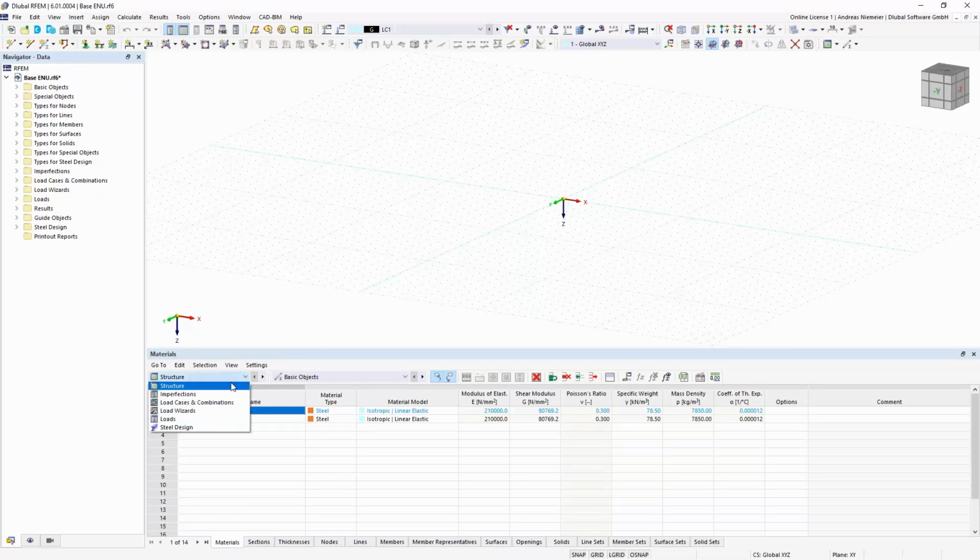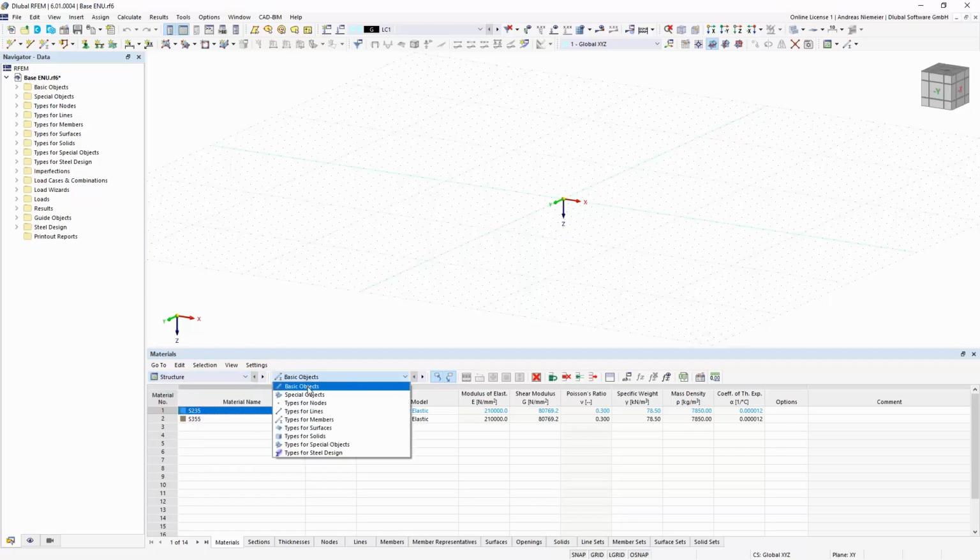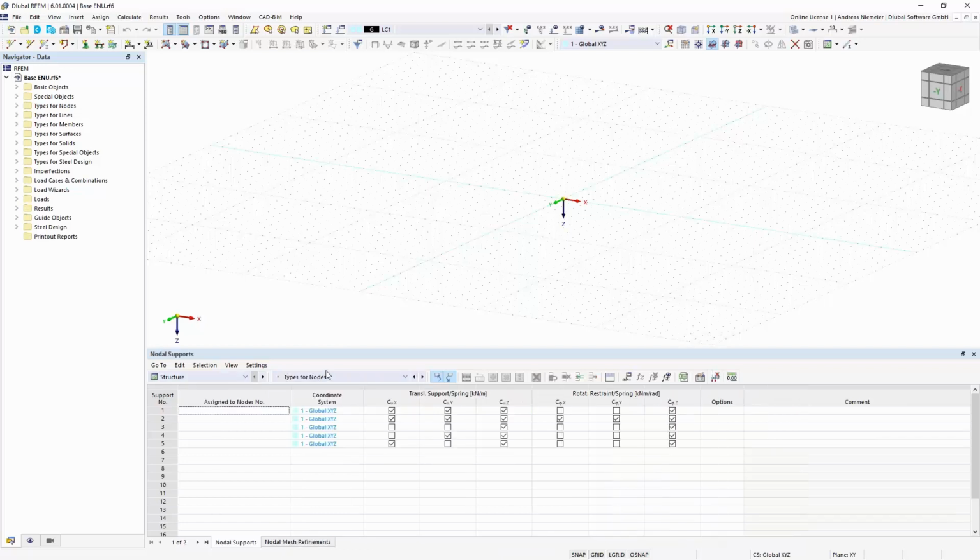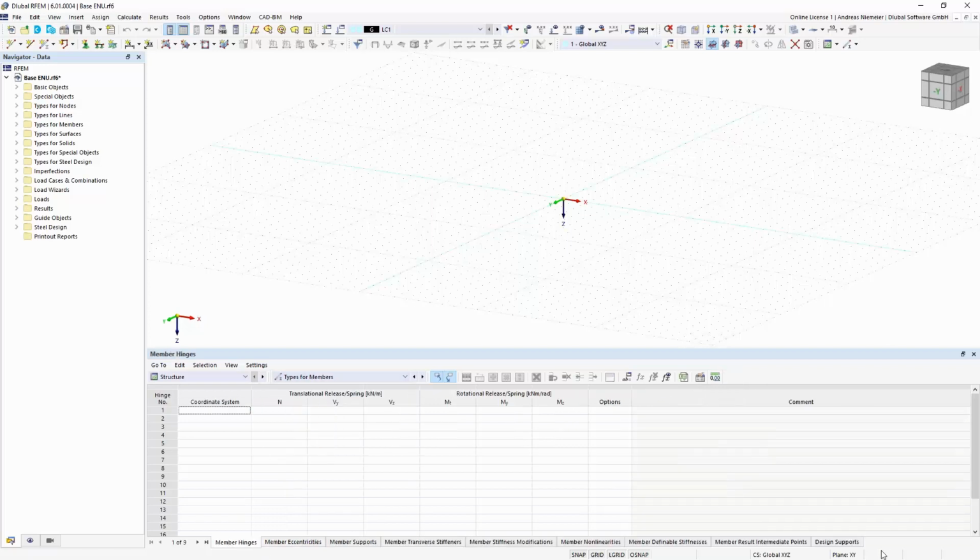So if you go here to this two combo boxes organized table, you see we have the same logic like in the navigator here. You have structure, and then you get basic objects or type for members, or type for nodes. If you go to type for nodes, you have only these two tabs, for type for members maybe all that are available, but it fits into the monitor. And this helps to understand always the data what is here and to find all what is needed.